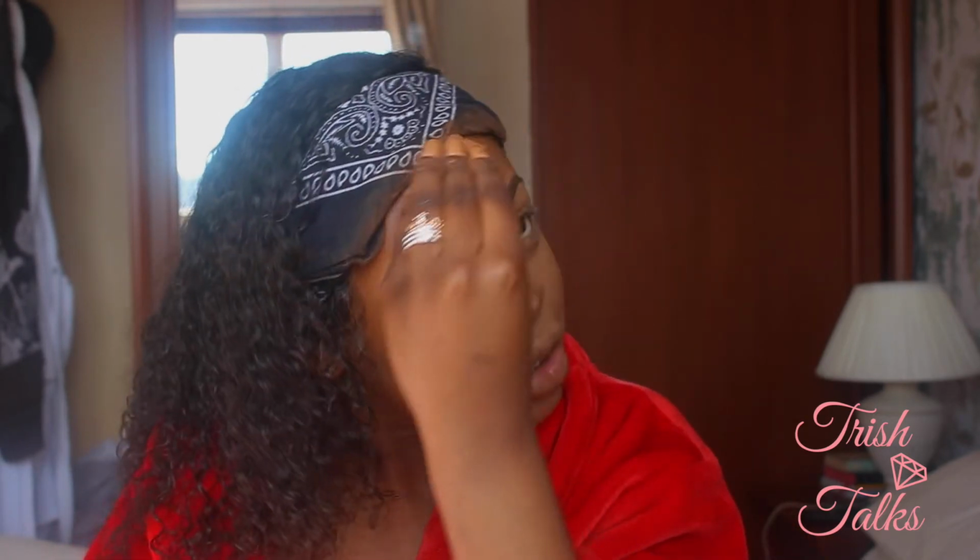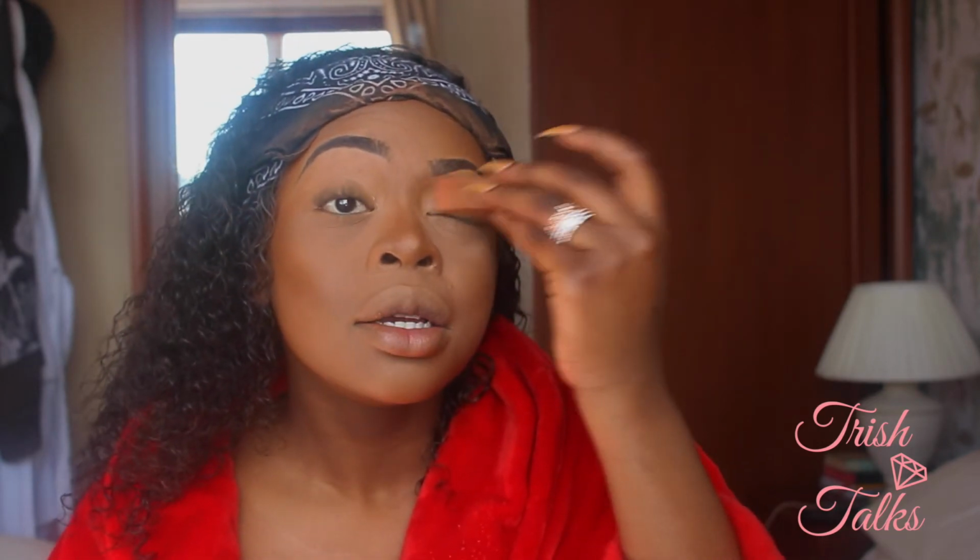So with the other side, you just wanna pat everything else dry. And I feel like this helps with blending in any areas that are still harsh. So you wanna pat, keep patting. Patting is close to godliness as well. Just keep patting that. Just keep going. Oh God. Just keep patting